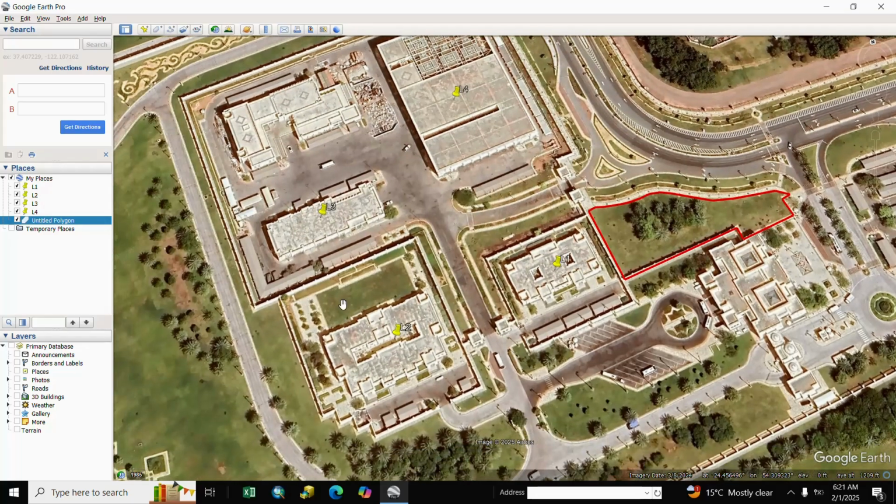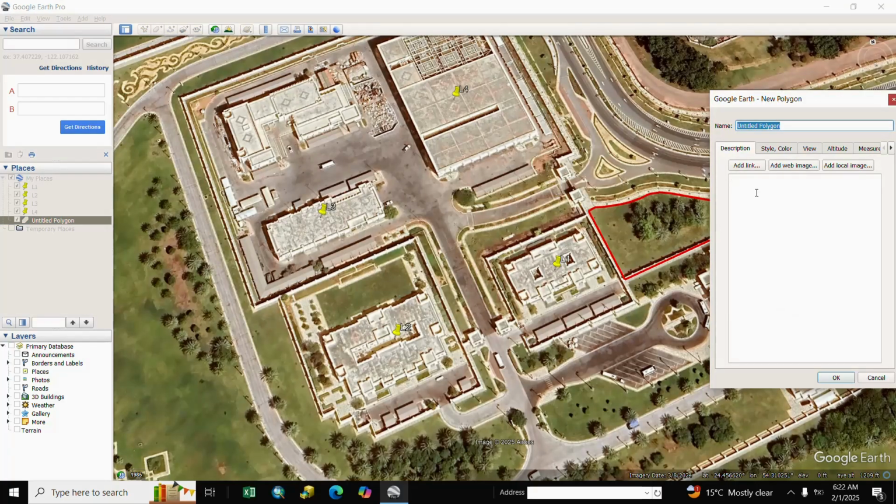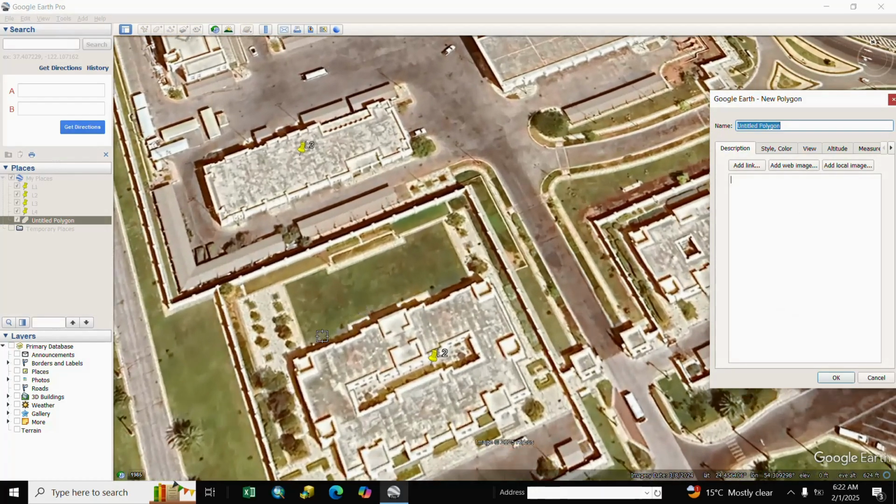Next, another polygon. We go to add polygon and we take it and OK.